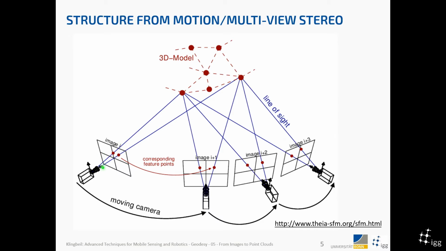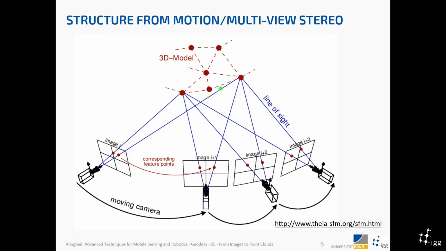So we have an image taken from here, another one taken from here, another one from here, and so on. Then if we see these points from all these multiple images, then we can reconstruct the position of those points. So we can reconstruct the 3D model using the camera, a moving camera,